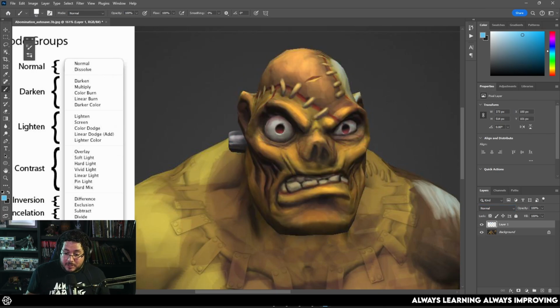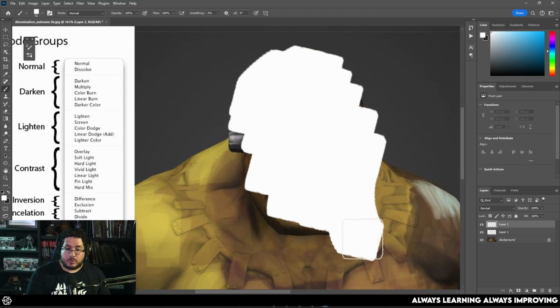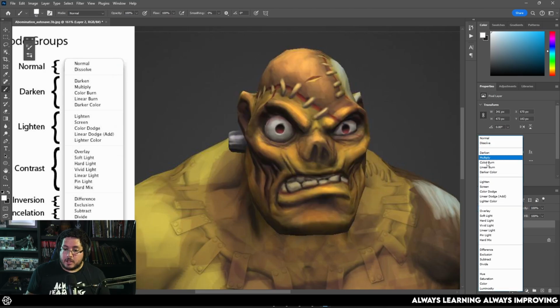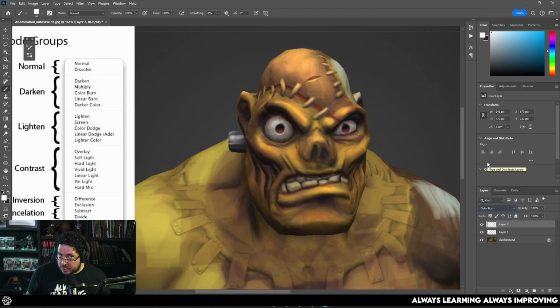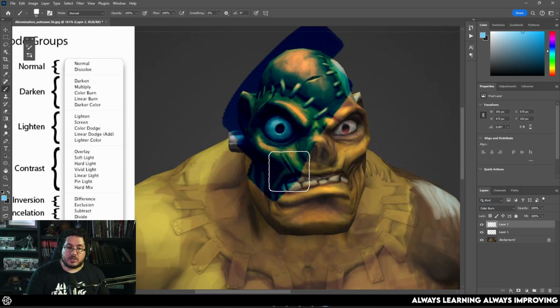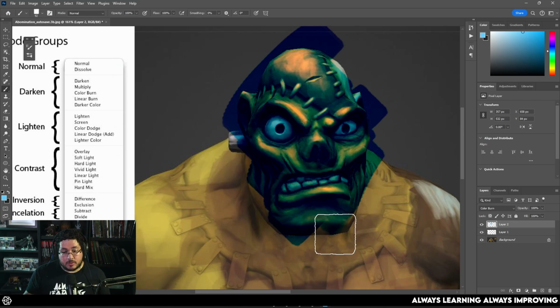An important note about the color burn that I want to mention is that if you paint white with your object and then you try doing color burn, nothing's gonna happen. Oh, interesting, right? The reason why is because we need saturation for this to actually work. So we need to have at least a little bit of saturation, and that's what's going to give us the change in tone. So if you use white with color burn, nothing happens.